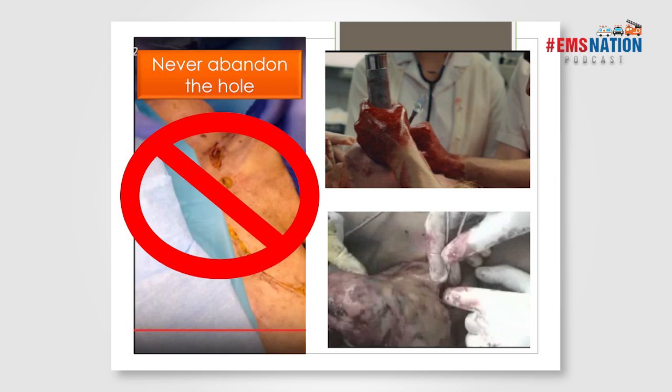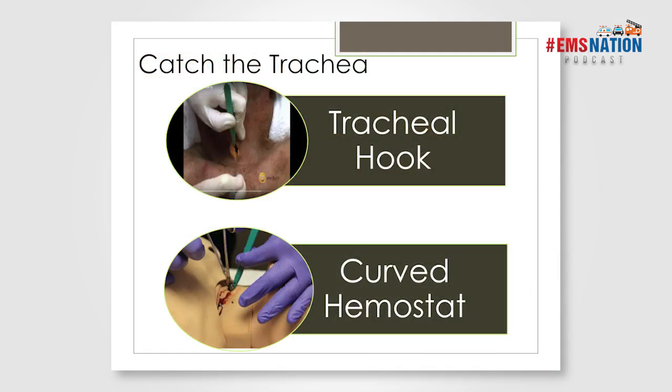The problem is most of our patients are not very thin anymore, and there's a lot of adipose tissue here. And as you go back in to find it, it's not the blood that's going to get in your way, it's all the connective tissue and fat that's in the neck that's going to make it harder to get back into the trachea again. So if you lose the hole, it's not the end of the world, it's just going to suck for a little bit longer. So you don't want to abandon the hole, but if you do, don't fret, don't panic any more than you already are. So ideally, you've left the scalpel in place until you can catch the trachea and grab onto it